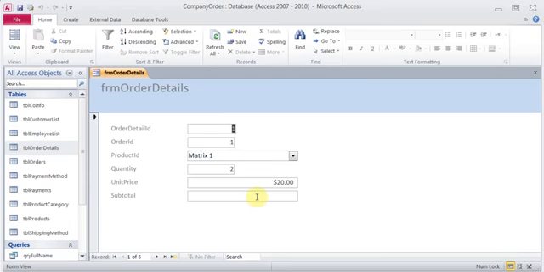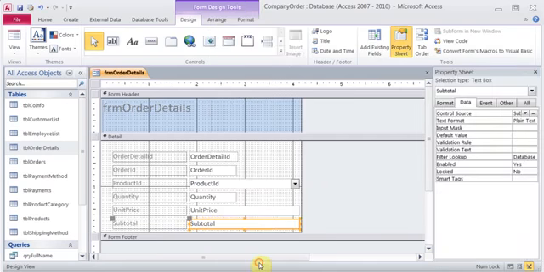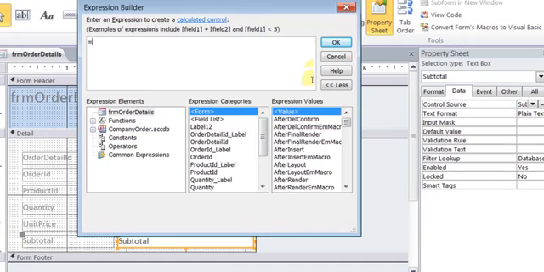So here my subtotal is not there, so I'm going to click here in the corner, go to design view, and I'll click on the subtotal. Right in this box I can start typing equal, or you go to the property sheet, or you can even right click and you should get the property sheet. Or you can click on the dots in the control source within data, because that controls the source. I click in the dots, I see a big screen, and to remove that, just type equal,